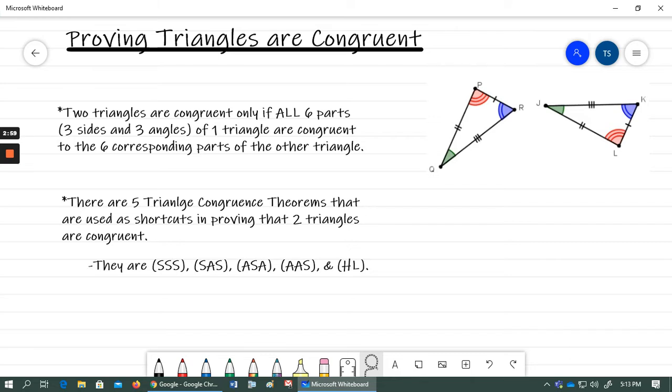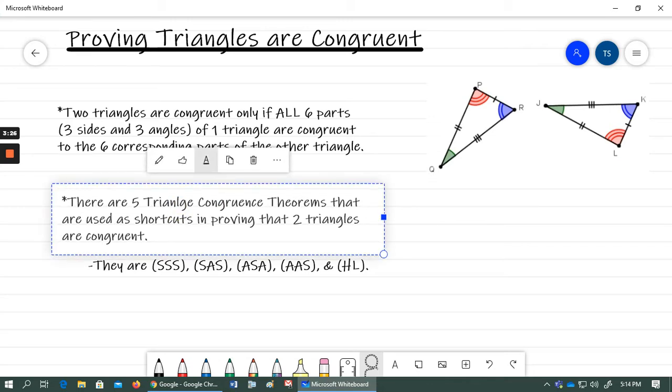We were only given a limited amount of information, and we had to use that information to find the other information that we didn't know. And that example was not one that was using one of these 5 triangle